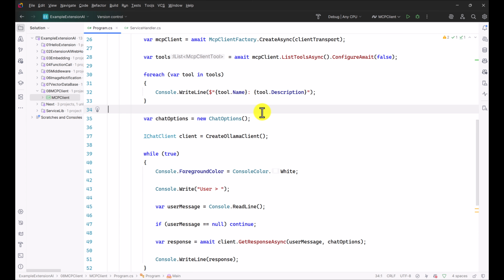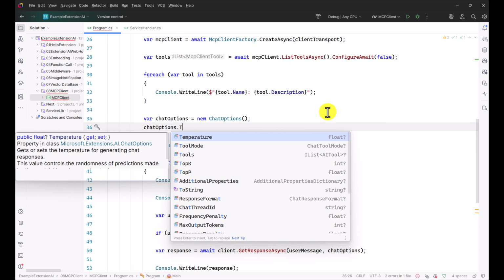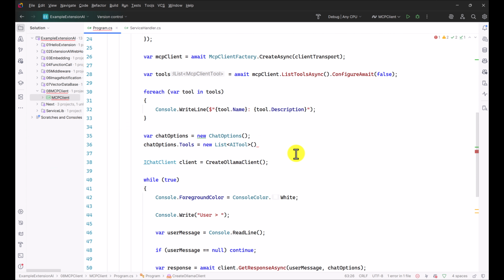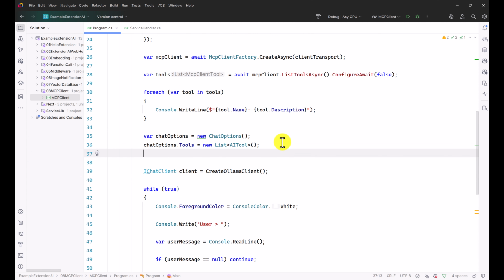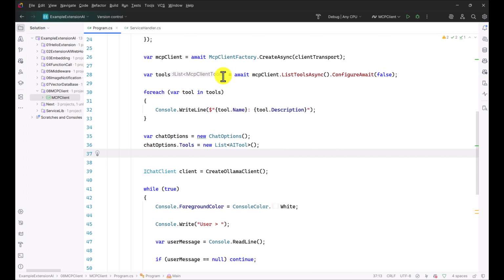So if you go to this chat option here, chat option dot tool equal to new of AI tool. So we have to convert this MCP client tool into an AI tool function. Before writing the conversion, first we'll see the MCP client tool base class. If you go to the tools,